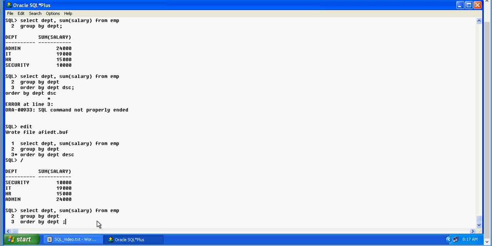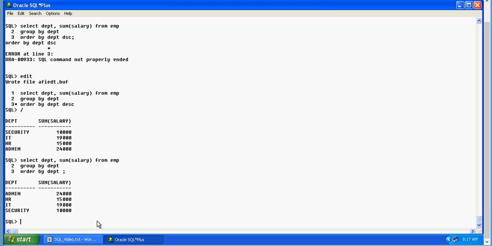Let's see a few more aggregate functions like minimum, maximum. So the same statement.